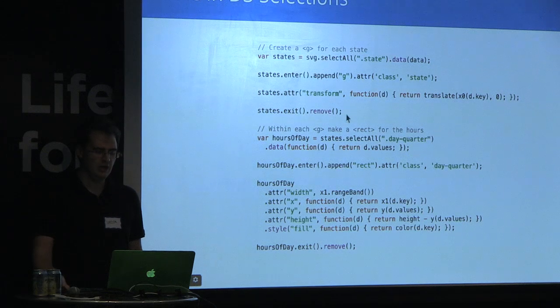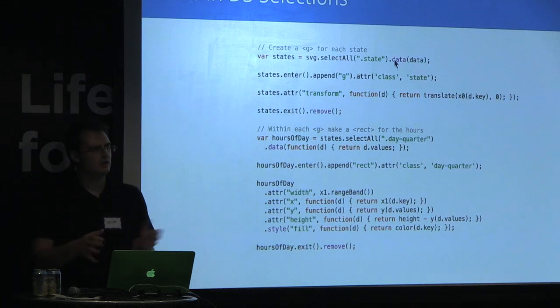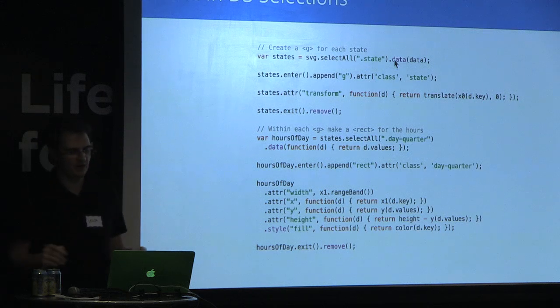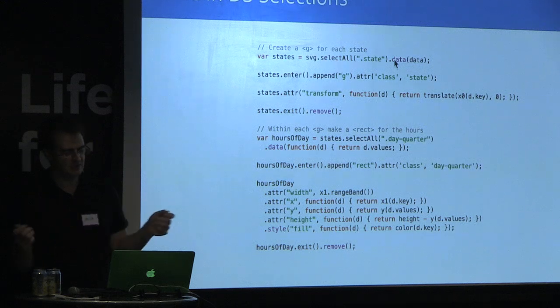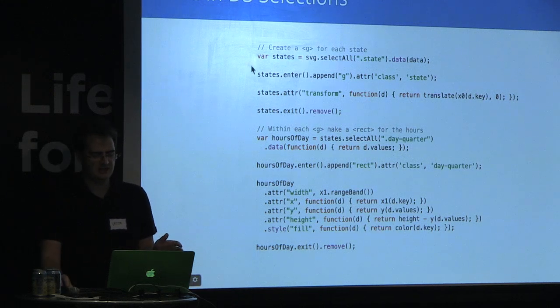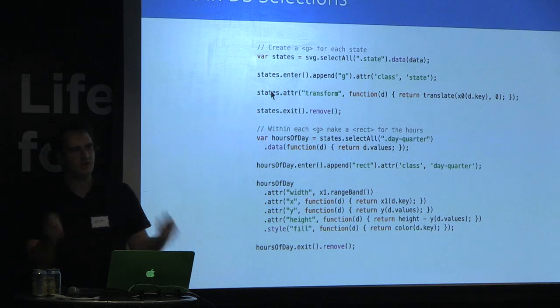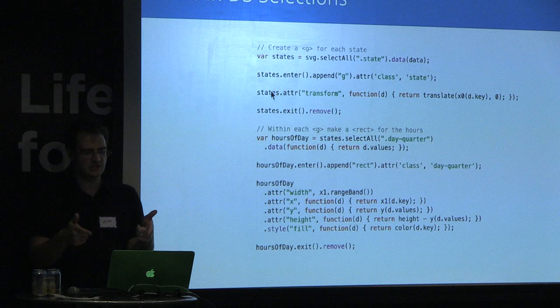What you see here is that every time you do a .data call in D3, it's basically saying, like, use a split. You can't really call it split because it's not actually splitting any data up, but it is sort of splitting up what this thing now talks about. So there's a lot of similarity there. Just recognize that if you ever saw an example using d3.nest and didn't quite understand why it needed it, and you tried to take it out and everything fell apart, this is why.